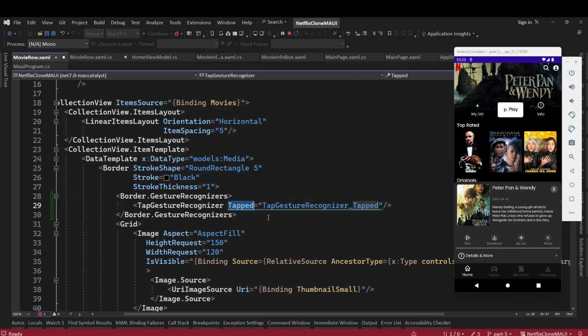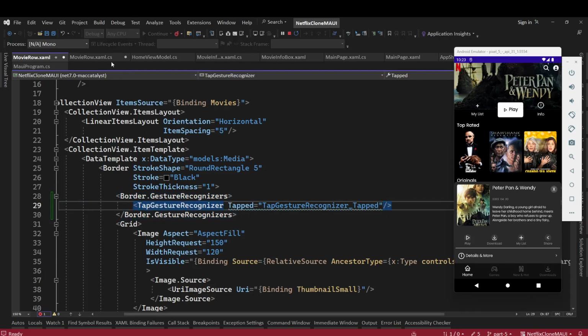Okay, so for this Tapped, okay, no, because we need that command also, that current item as well. So Tapped is not going to work. We cannot pass items to this. So we need